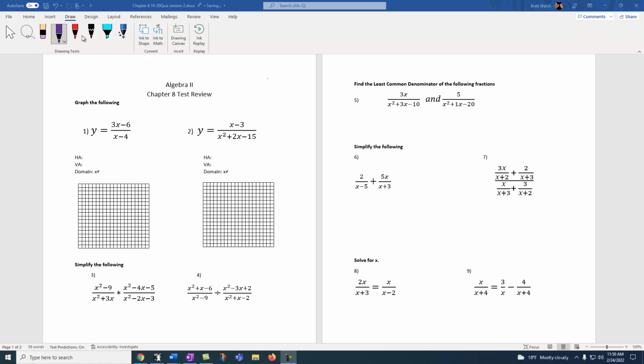Okay, so this is the Chapter 8 test review. We're just going to go through and start graphing. I'm going to go ahead and put in my x-axis and my y-axis. Let's get those drawn in. Excuse my imperfect drawing skills, but anyway,